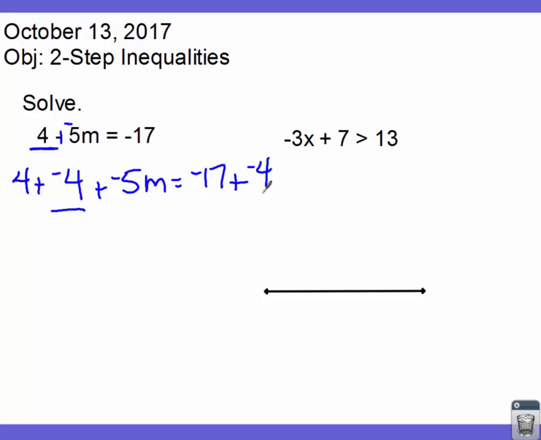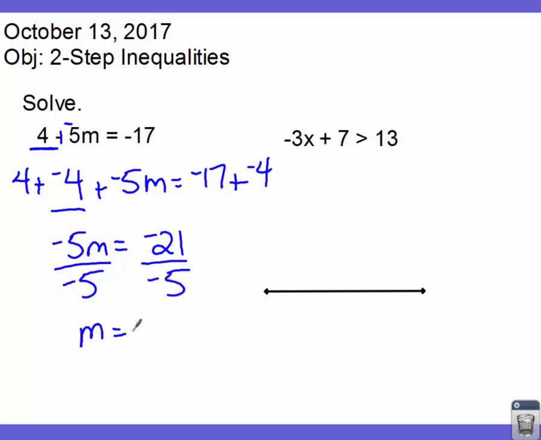So we end up with, on the left-hand side, when I simplify this line, negative 5m is equal to negative 21. Right? So now I got to get rid of the multiply. And we get rid of multiply by negative 5 by doing a divide by negative 5. Okay? So I divide both sides by negative 5, and I end up with m is equal to,